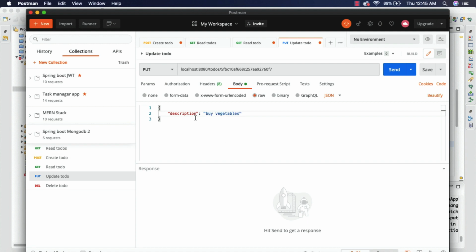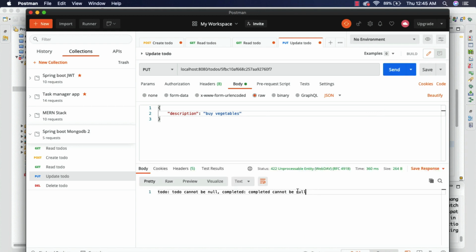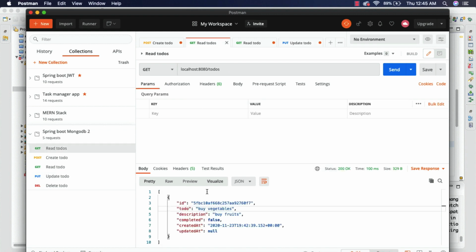Okay, so for this, if I go ahead and send a request, we do get validation messages: to-do cannot be null and completed cannot be null. We have to pass the completed and the to-do as well. So let's go to the to-dos, and let's take this to-do,